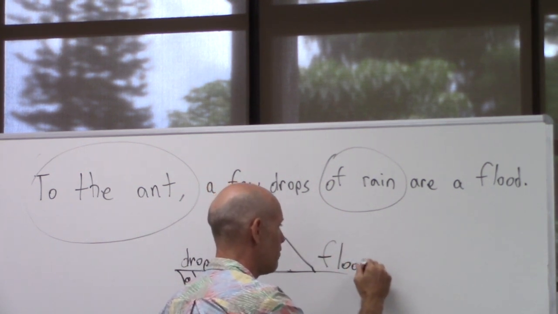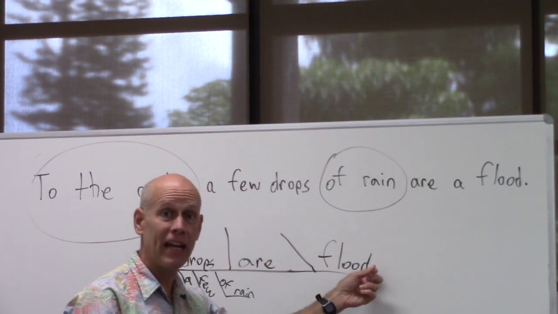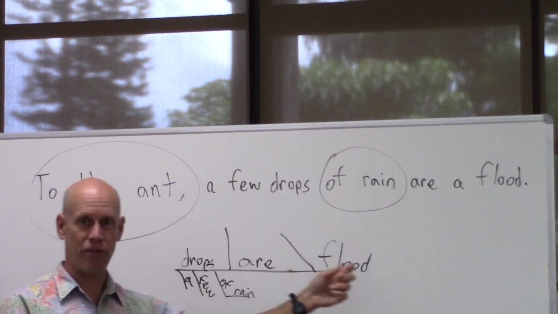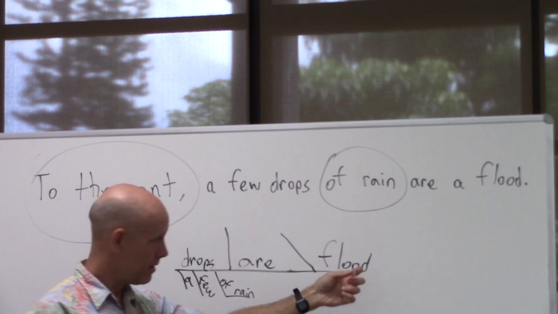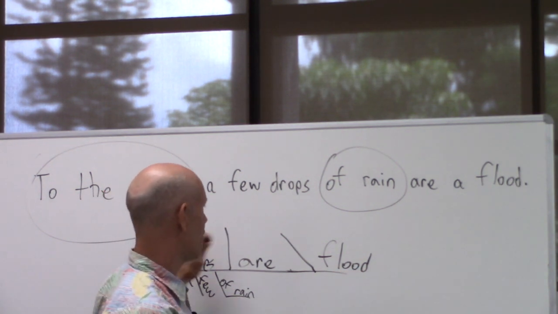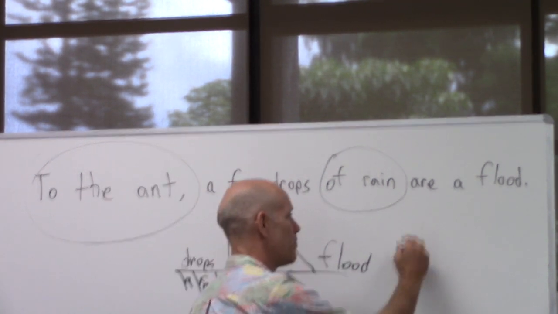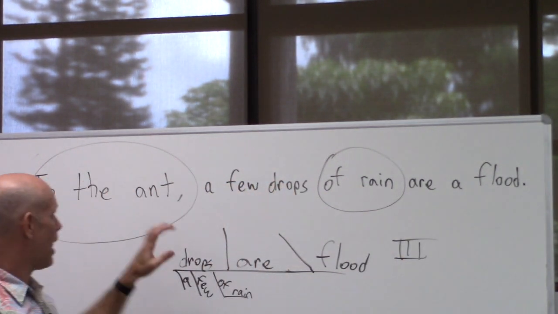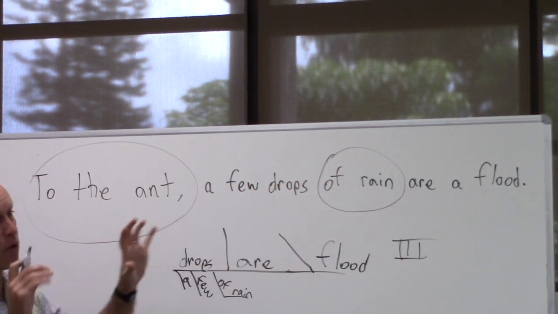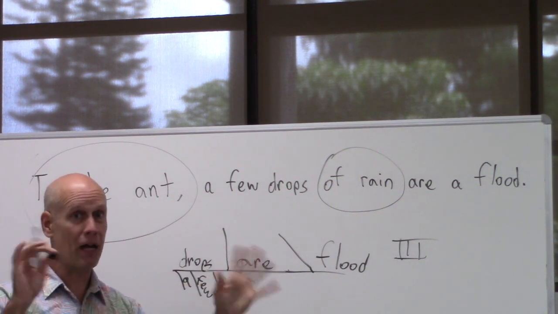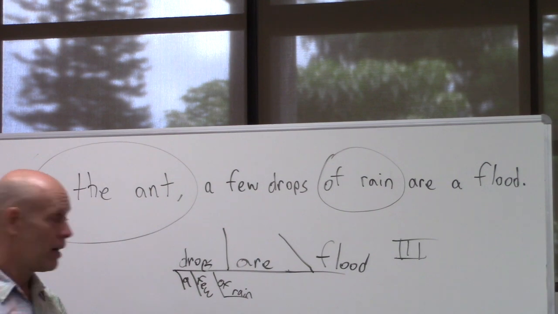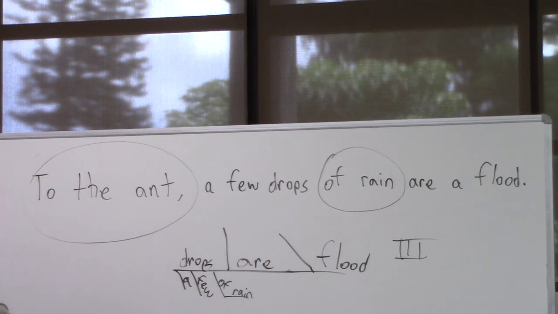Now, if it's a pattern 3, this thing has to be the same as this thing, right? Are we saying drops equals flood? Yes, we are. All right, noun phrase 1, noun phrase 1. That's your pattern 3. But think about how Kenny got fooled on that, all right? Every time you see a noun, the one your eyes are drawn to, it may not have anything to do with your main clause. It's probably an adjectival or something. Can you pan down to the bottom one, please, Kenny?